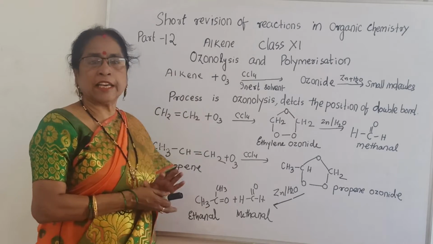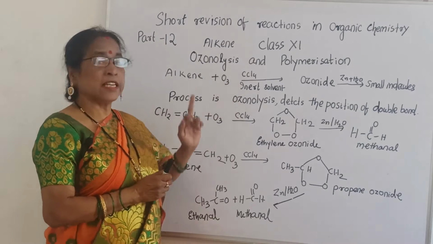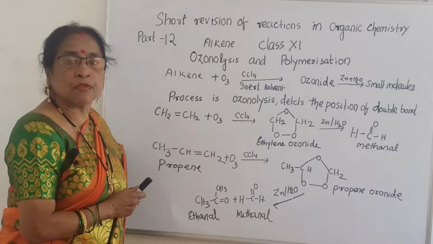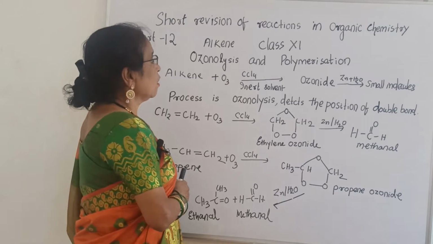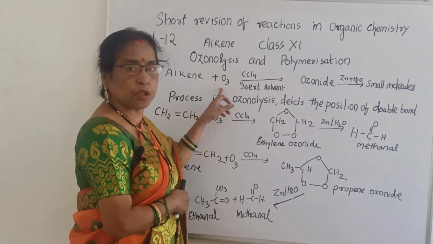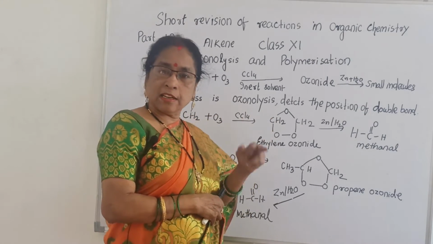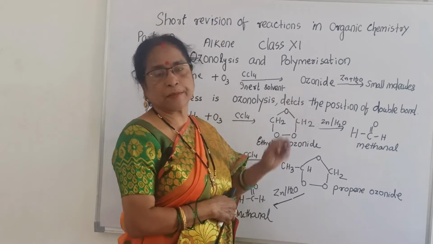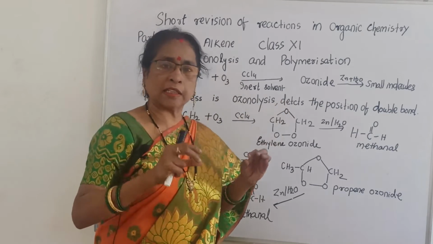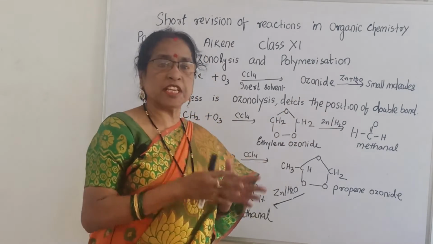When alkene reacts with ozone, and the condition is an inert solvent, that is CCl4, carbon tetrachloride, it gives ozonide. Ozonide means here 3 oxygens will attach to the alkene, and when ozonide reacts with zinc and water,